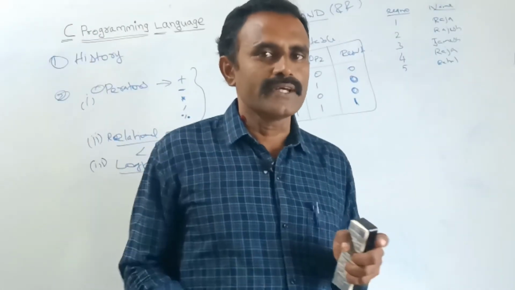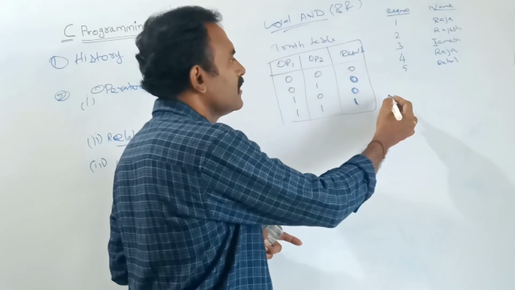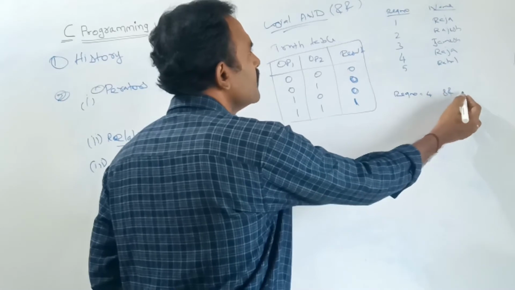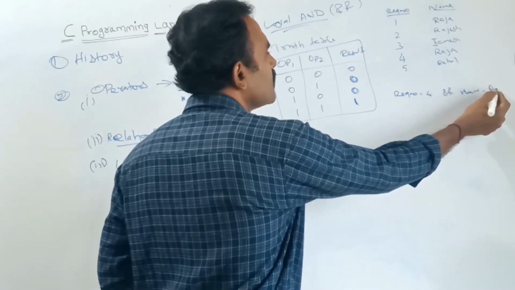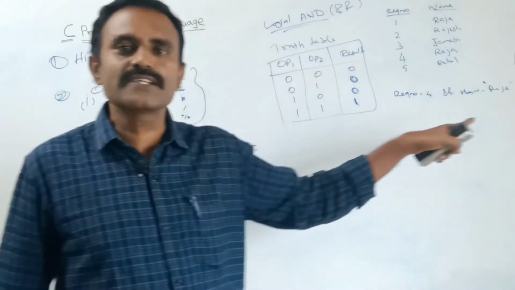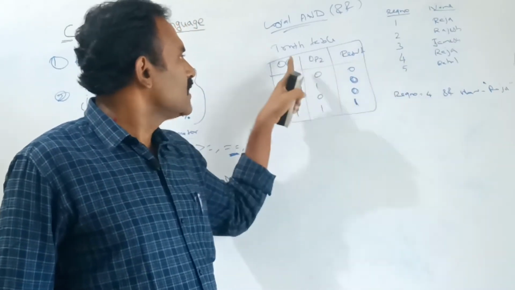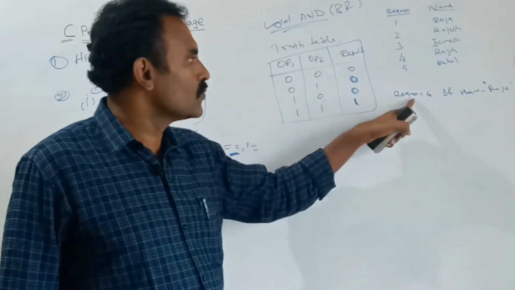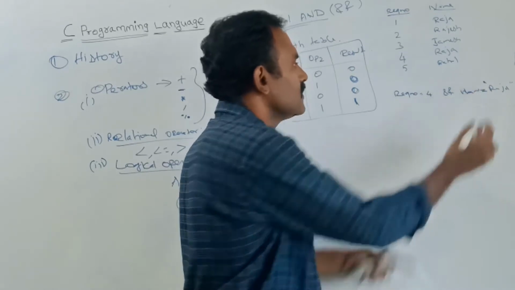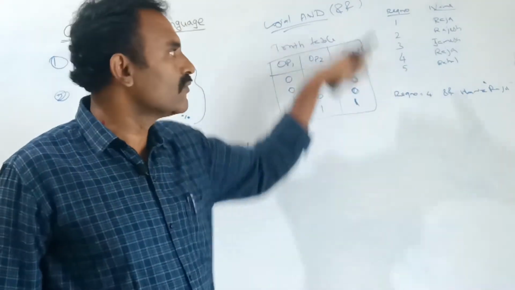be displayed. Here, suppose by the help of the AND operator, I want to check register number is equal to 4 and name is equal to Raja. Here it will check the condition. If both conditions are true, the result will be displayed. See, out of 5, here register number is 4, this operand is true, that is, this expression is true. Next, with the AND operator, I am checking whether the name is equal to Raja. Here it will check the name Raja. So this particular record will be displayed out of 5 records.